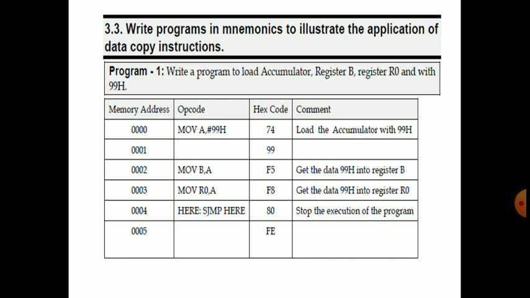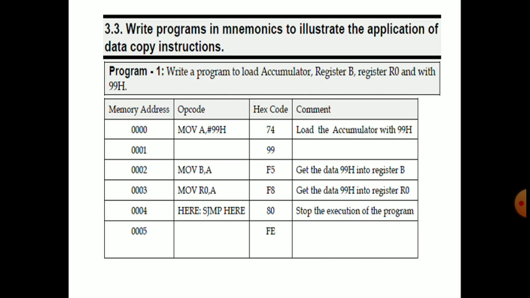Here is a label, because it is followed by a colon symbol. After that I have written the sjmp mnemonic, short jump, where it has to jump to here itself, that means to the label on the same instruction. So the execution of the microcontroller will remain in the same line